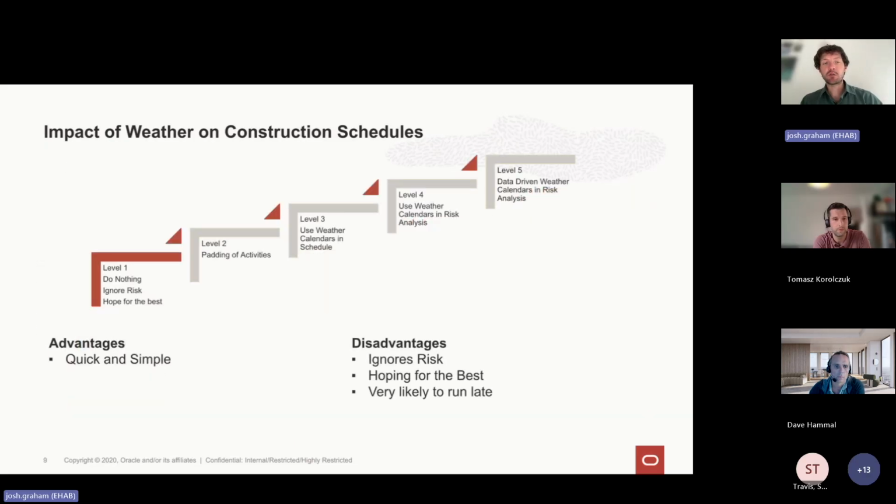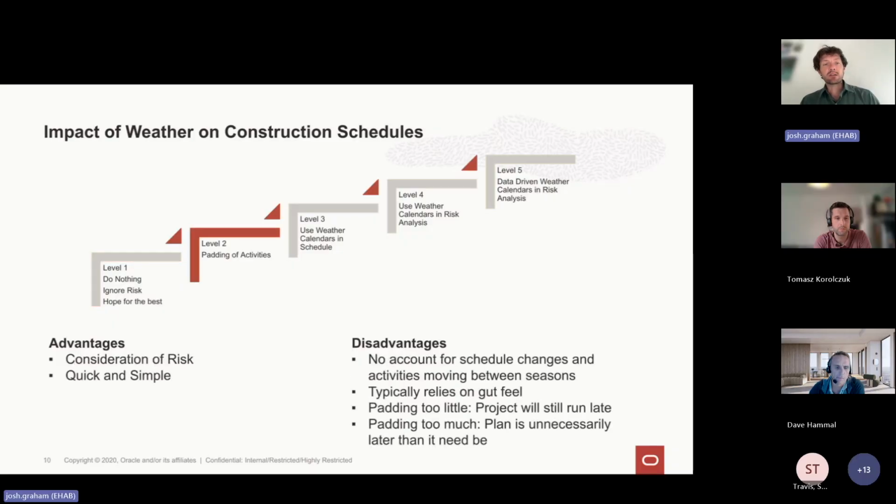I don't think we need to talk too much about the advantages and disadvantages of doing nothing. Again, Dave, jump in here, please, if there's anything you want to add. Clearly, the advantage of padding activities, which is level 2, is that you do take some consideration of the risk, more than doing nothing. And it's pretty quick and intuitive.